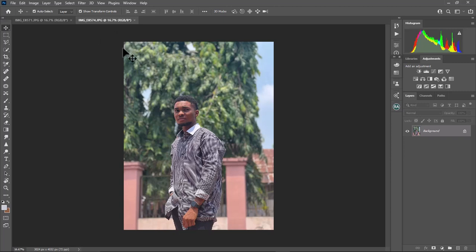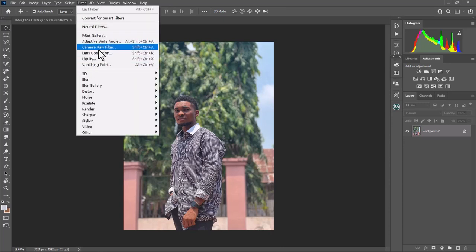Now this is a picture that I took with an iPhone. Yes, this picture was basically taken with an iPhone. We're going to be color grading this picture using Camera Raw. That's the way photographers edit their pictures. First of all, the first thing we're going to do is called color grading, to pop out the colors in the picture and make it look good. So all we need to do is head over to this Filter,